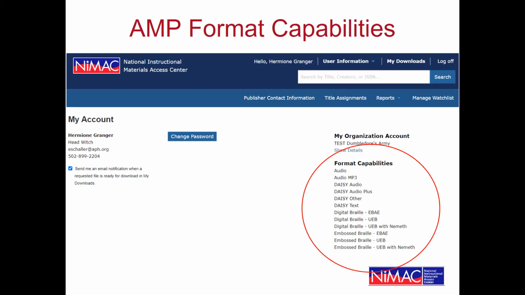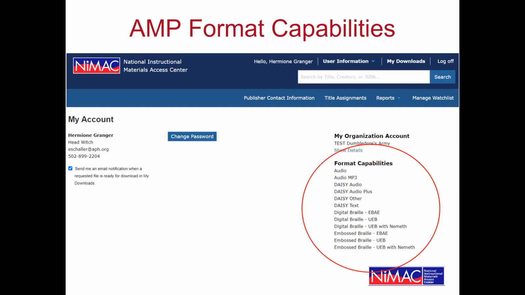Another thing I wanted to mention in terms of your account information, and we'll take a quick peek at this as part of our tour of the account itself, is that your format capabilities are an important part of your account information.